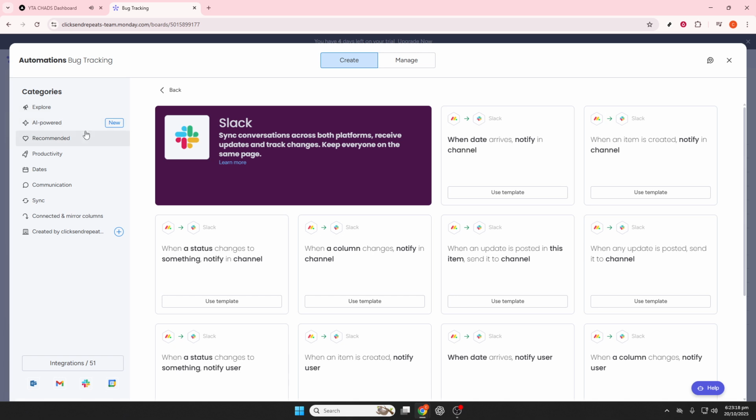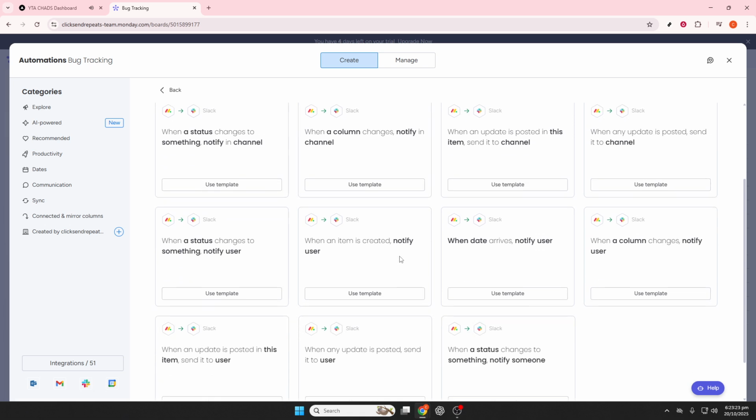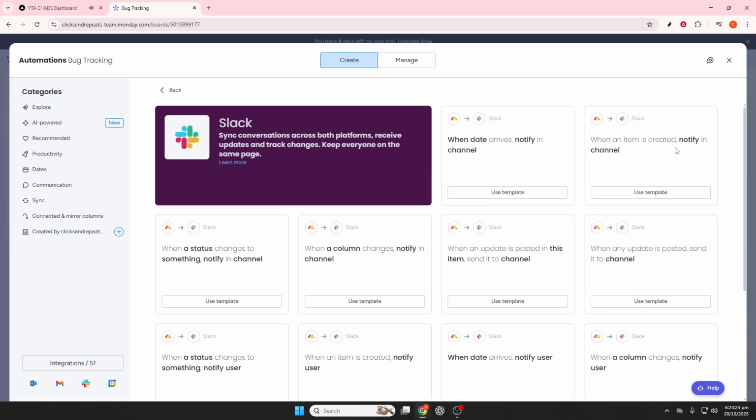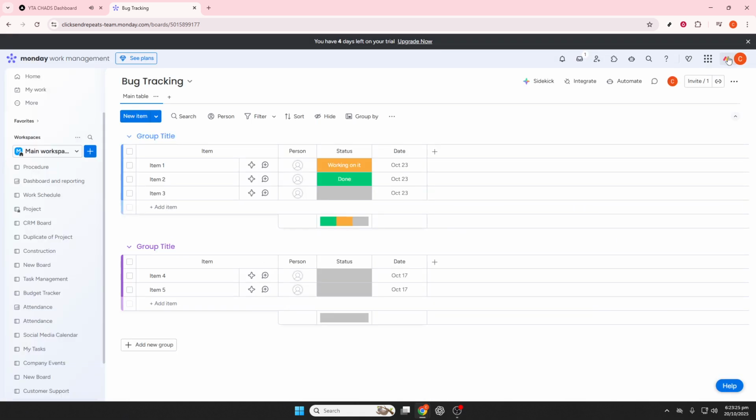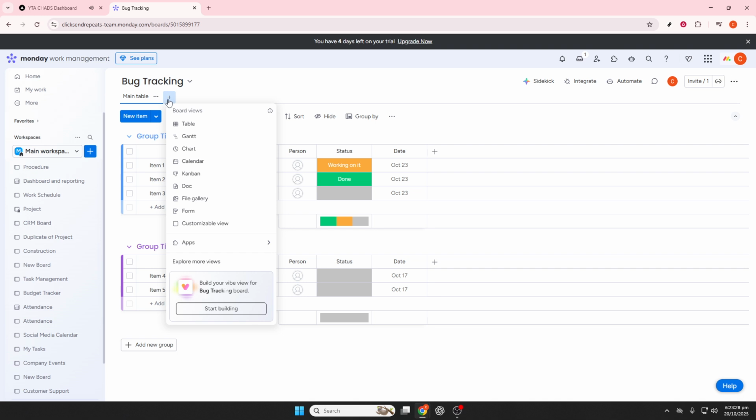For ongoing tracking and accountability, make use of dashboards or reports to monitor open versus closed bugs, see them by priority, and measure resolution times. Add a dashboard by clicking plus add dashboard and select widgets like the battery or chart widget for a comprehensive overview. Finally, when a bug is fixed and verified, update its status to closed and move it to a resolved